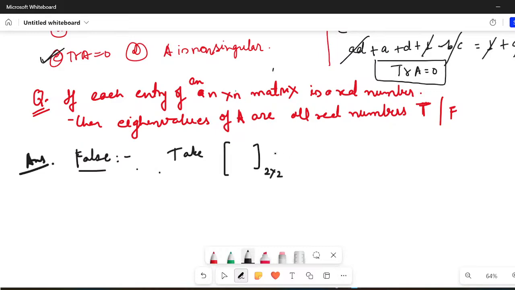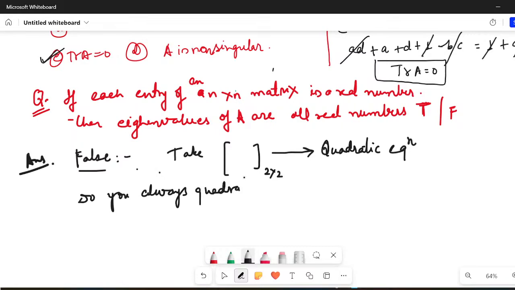For a 2 cross 2 matrix, the characteristic equation would be a quadratic equation. Do you always think that a quadratic equation has real roots? The answer is no. So in general, always remember, it's not necessary that